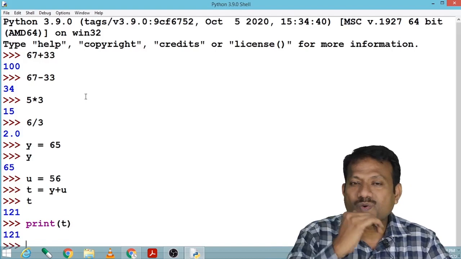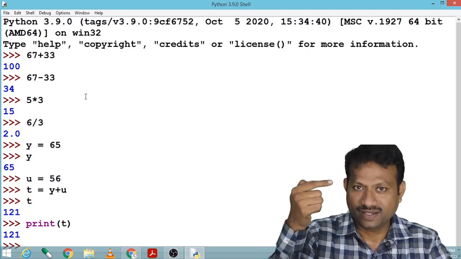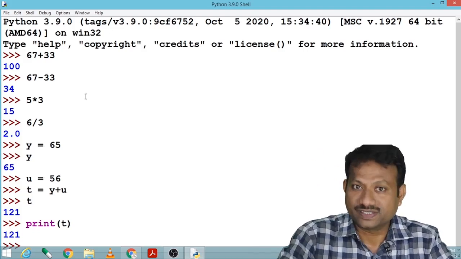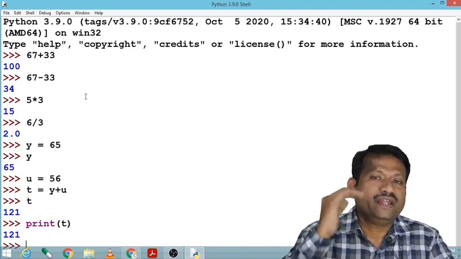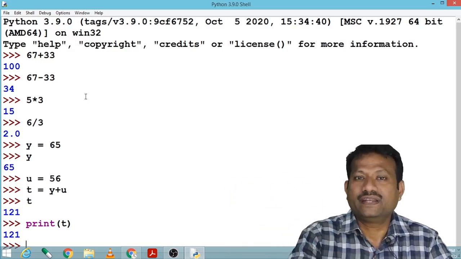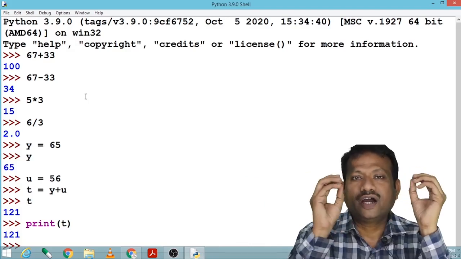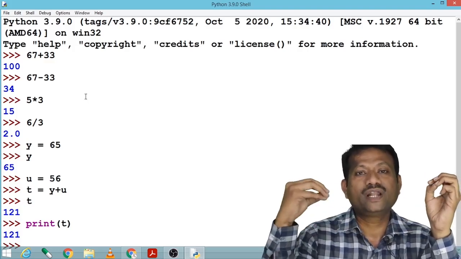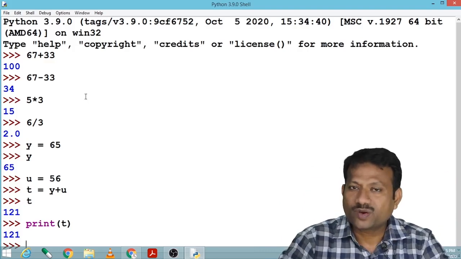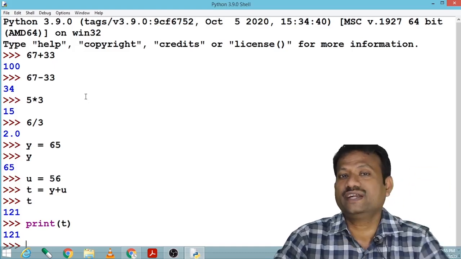Okay. So whatever program we did, we are writing every command, we are writing the one statement command and it has got executed, and in the next line we get the result. So that is shell. So what is shell? It executes single line command and it will show us result instantaneously in the next line when we press enter key. Now question arises that if I would like to have number of commands and I would like to execute it once, how I can do that? So now that we are going to see. Now we are going to see how we can write addition program, means with the number of commands.